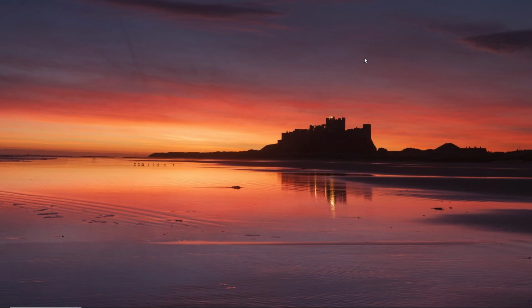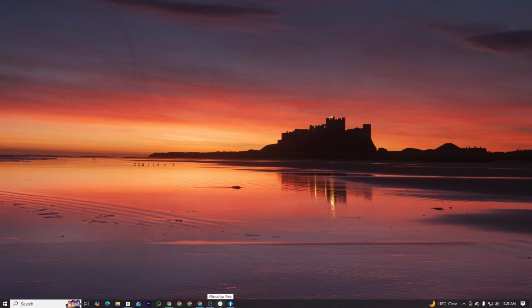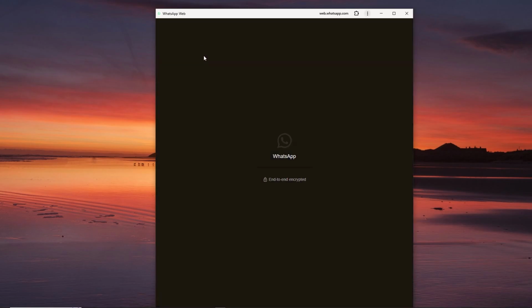In this quick tutorial, I will show you how you can log out your WhatsApp account from your WhatsApp Web. It's super easy to do. Let's get started. If you want to log out from here on your PC, you can simply open your WhatsApp